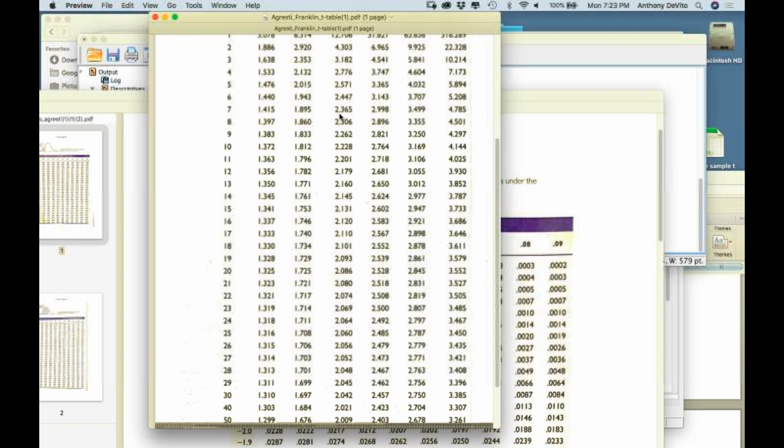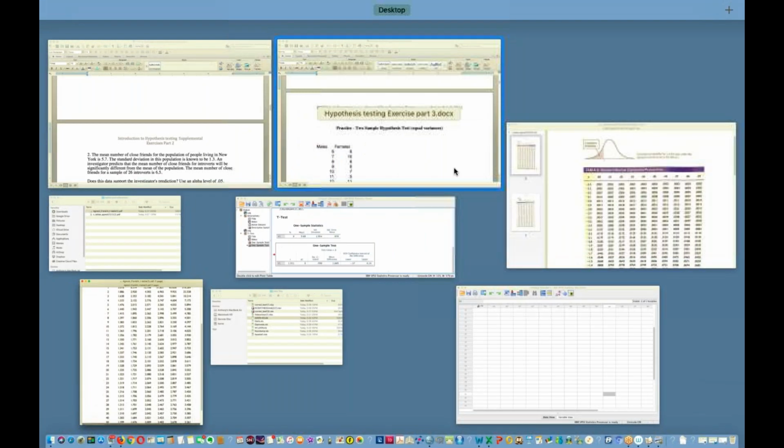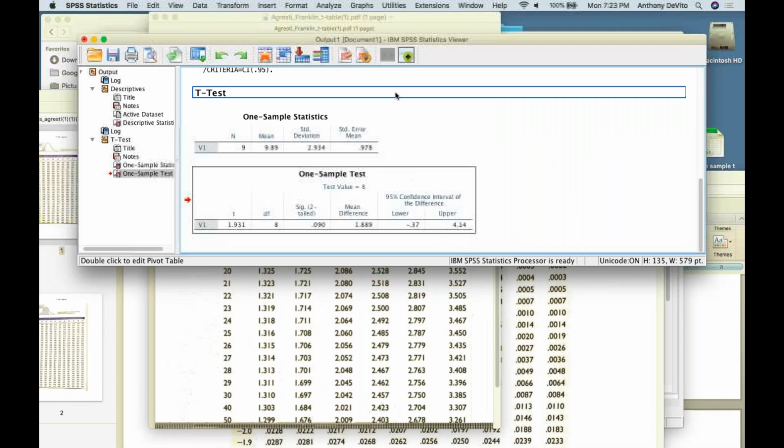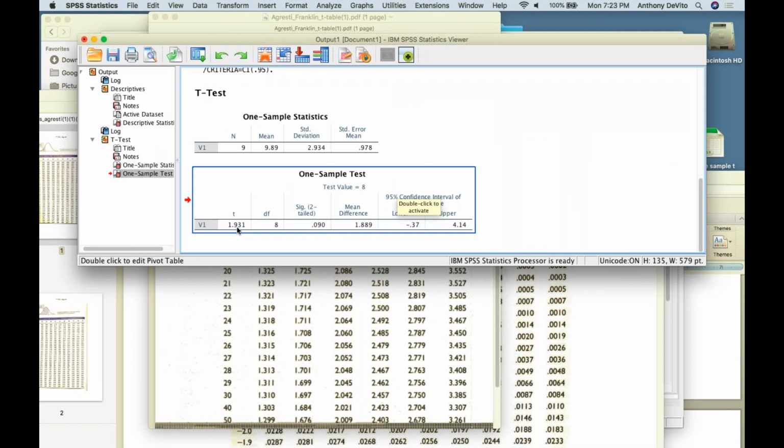And how many standard errors apart did we just calculate this to be? 1.931. Are they far enough apart for us to be 95% sure that they're different? Remember, our t-score has the number of standard errors. Our t-score has to exceed the critical value for that sample size. Critical value was 2.3. So it doesn't, right? So we failed to reject our null hypothesis with these numbers.